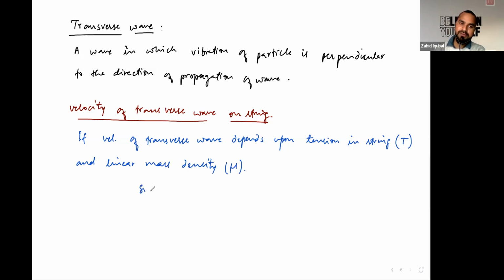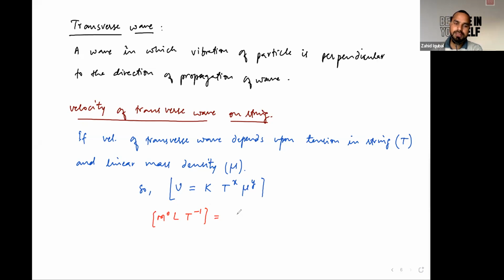So according to the concept of dimension analysis, we may write velocity is equal to some proportionality constant k and its depending factors, tension raised to x, linear mass density mu raised to y. Now, you may write dimension of each quantity along right side and left side. So in left hand side, we have velocity, whose dimension will be LT^-1